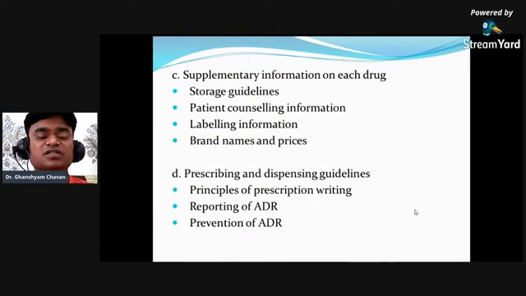So here the pharmacist can teach patients how to use that drug. In case of eye drops, how the patient can instill the eye drop, how to open it, how to attach the cap. In case of ear drops also, in case of syrup also, in case of suspension, how the water will be added, how much quantity will be added, and how many days the suspension will be used. Sometimes a suspension you should use within 7 days, in some cases within 1 month only. After that you need to throw that suspension away.